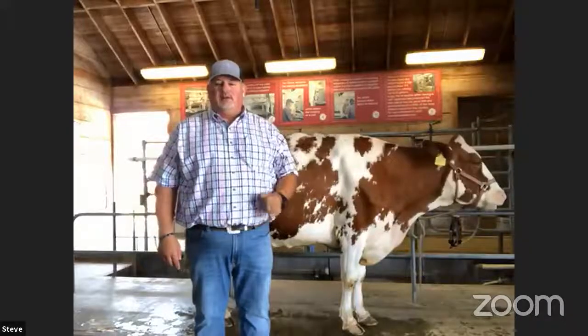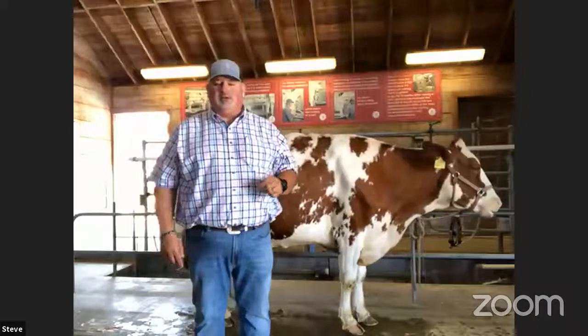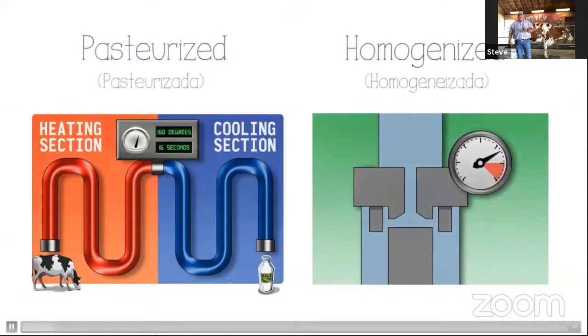Step number 1, we are going to pasteurize. Now, an easy way to remember the word pasteurize, take your hand, put it right here in front of your face, and then you run it pasteurize. All right. Now, when we pasteurize milk, we're going to take our milk that is 38 degrees in that tank, and we're going to run it through some heated tubes and gradually heat milk up to